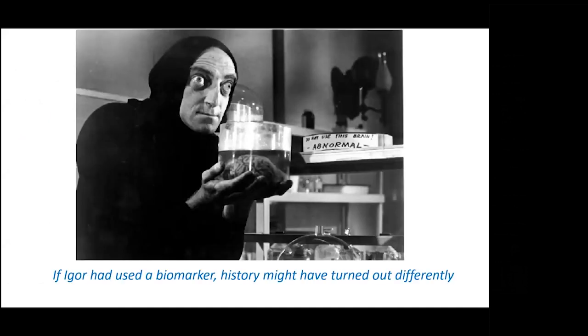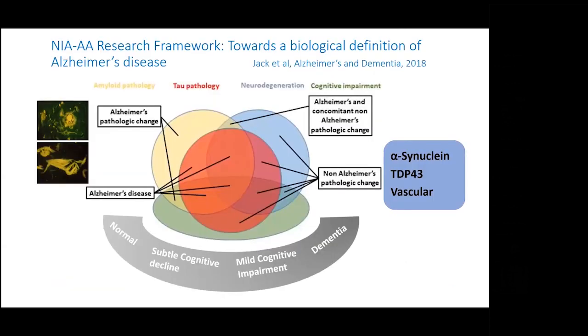As many of you know, I'm an enthusiast about biomarkers. I think that they can help us tell a lot about what's going on in the brain. Just to put a few things in perspective,